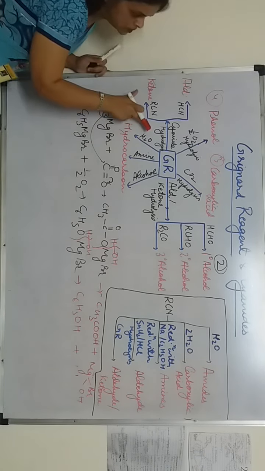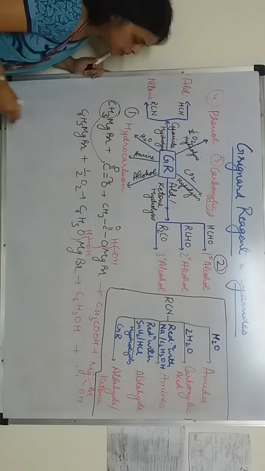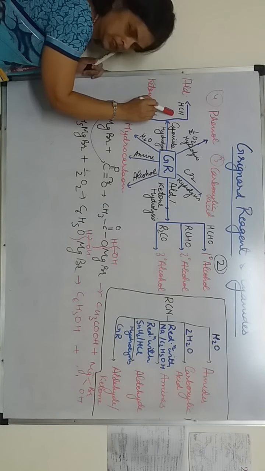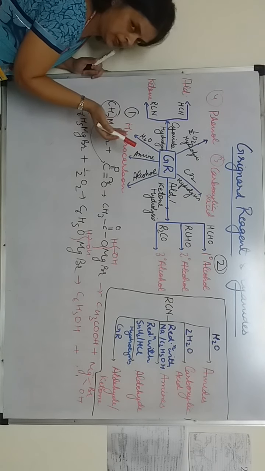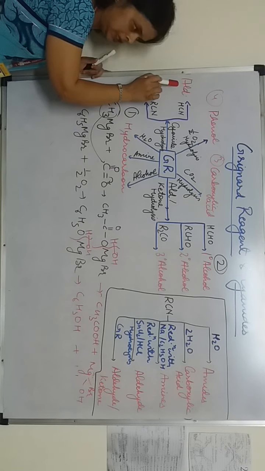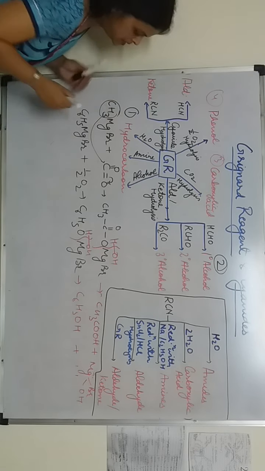Now let's move on to the last type, when the cyanides combine with the Grignard reagent. Again I had bifurcated: if the cyanide is simple HCN, or if the cyanide is RCN, where any alkyl group is there. So if it is HCN, that is used to convert into aldehyde. If it is any other cyanide, that is used to form the ketone. Let's see the reaction.